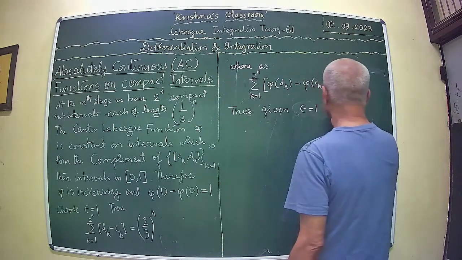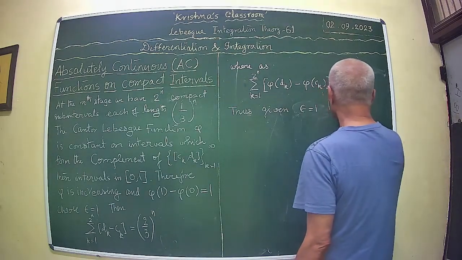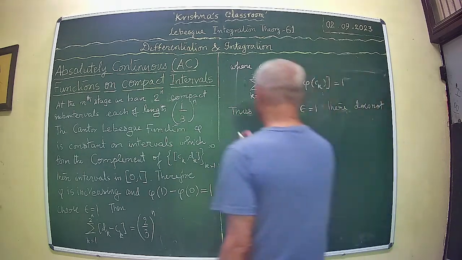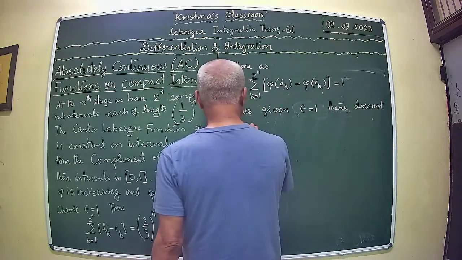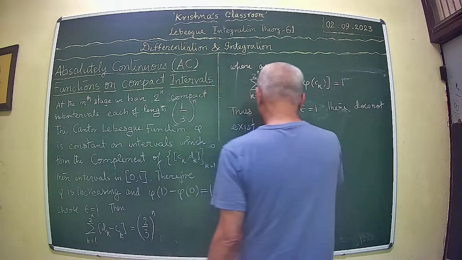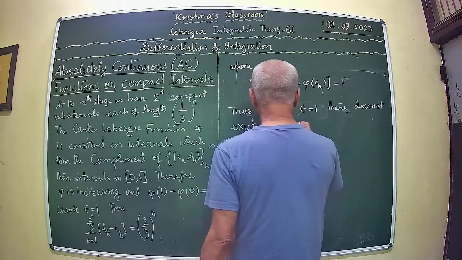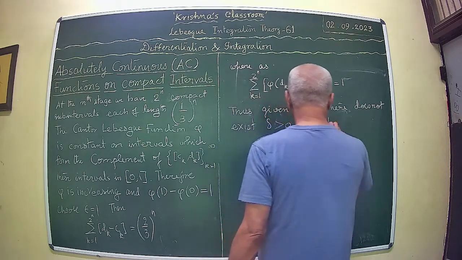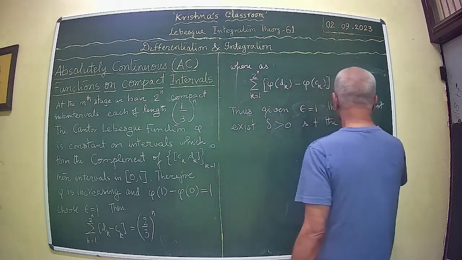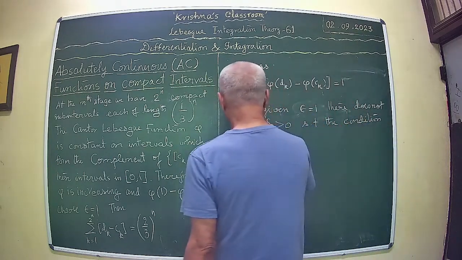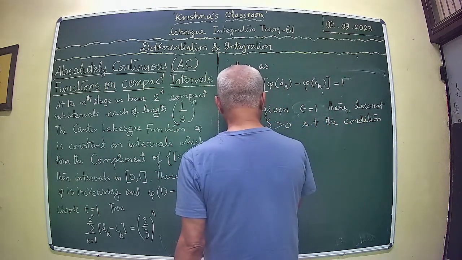There does not exist a delta positive such that the condition of absolute continuity